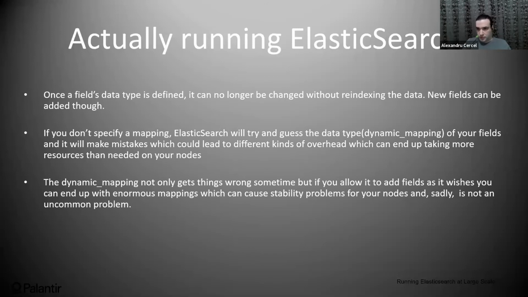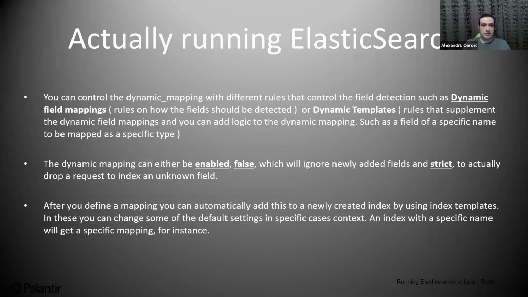So this is why you need to make sure that things are discovered correctly. Elasticsearch will try to discover things for you using dynamic mappings, which usually gets it wrong. So you might end up with mapping explosions if you add fields, because it allows you to add new fields constantly. You can end up with wrongly discovered fields, and so dynamic mappings without any control is not a good idea.